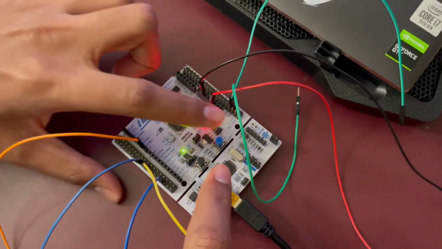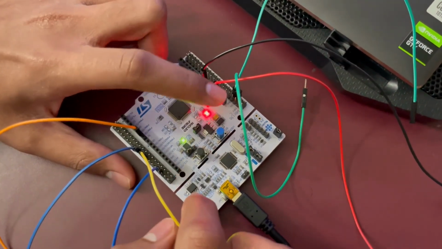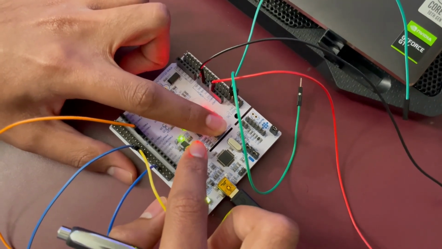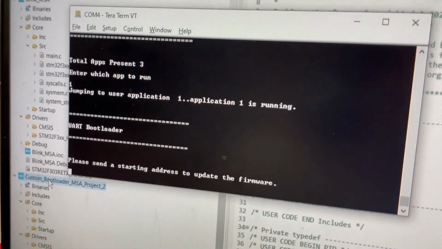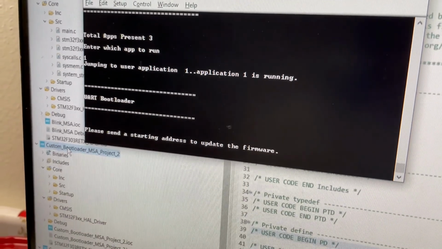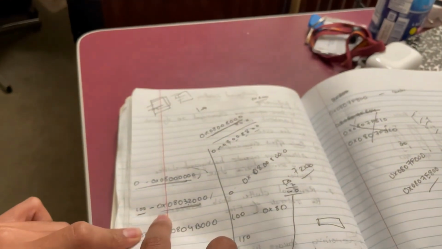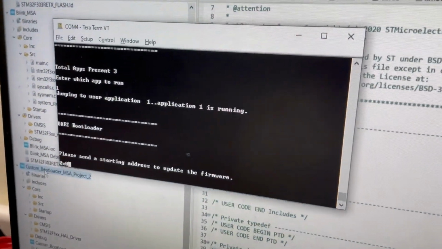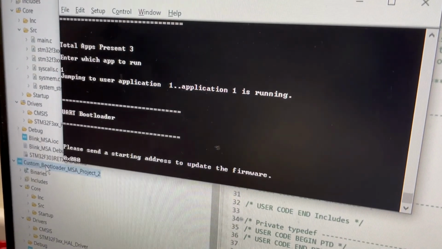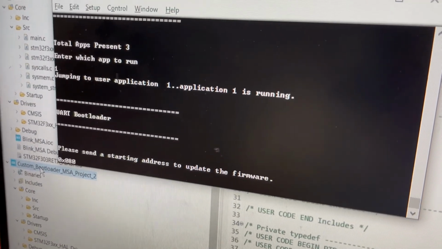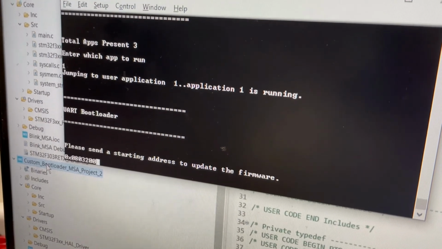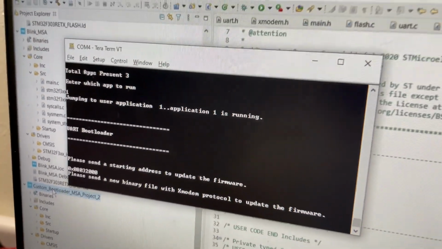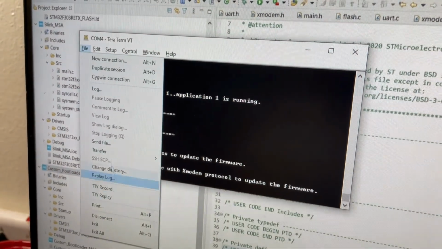Now let's say we want to update this application. So in order to update it, let's go into the bootloader mode. As I told you, let's hold the user button and reset. It'll ask me which one to update. So let's update the first application. In my case, the first application is located at this particular memory location. Let's type in the memory address. So it's asking for the new firmware to flash.